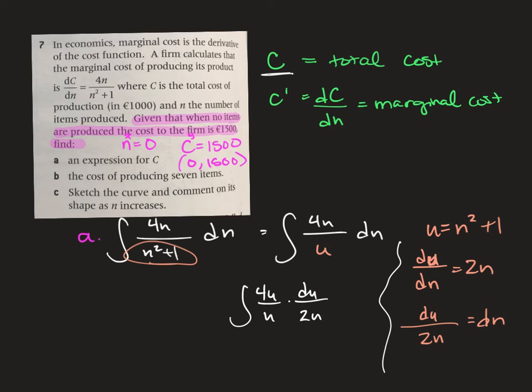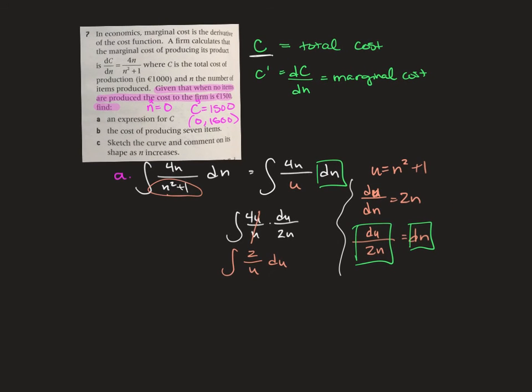So I just replaced dn with du over 2n. Okay, my u's actually simplify. That's kind of cool. Well, one of them simplifies. So we're left with the integral of 2 over u du, which is going to lead us to the antiderivative,